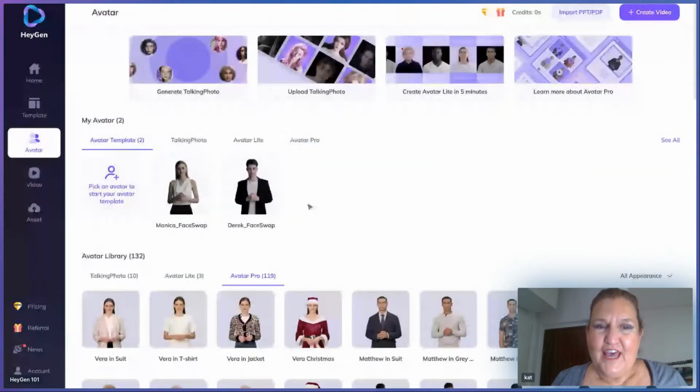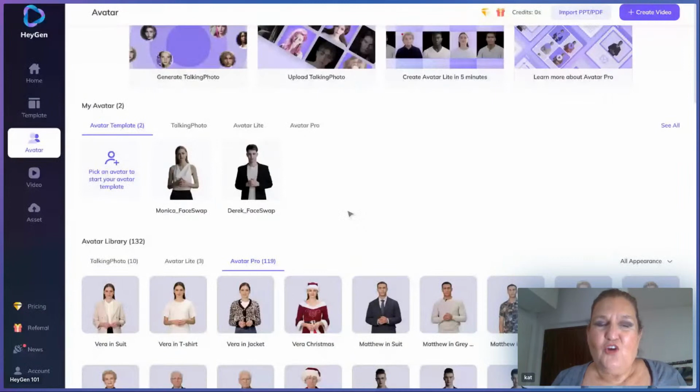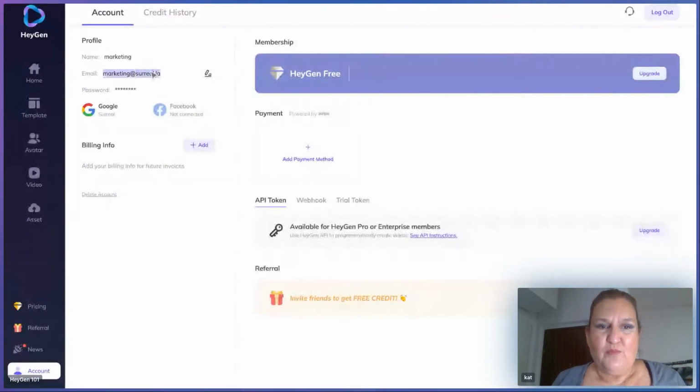Okay, so while you're doing that, tell me about, say it's a small business and they don't have a lot of marketing budget, which is the case right now. A lot of companies are a little bit tight or they're watching their budget. Explain to me what a monthly plan would entail and the cost, if you don't mind.